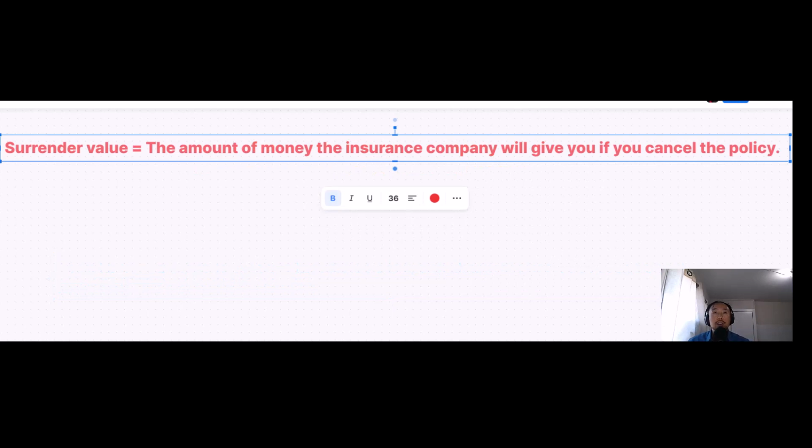Next definition is what we call the surrender value, which means the amount of money the life insurance company will give you if you cancel the program. And since permanent life insurance is designed to be a long-term savings, the insurance company wants to incentivize you to stay longer. So think of a mortgage of a home. If you walked away from the program, the mortgage program, in the early years, you'll get nothing from the bank. So similar to an insurance program, you won't get that much if you walk away in the early years.